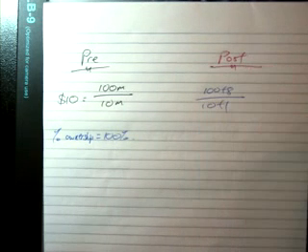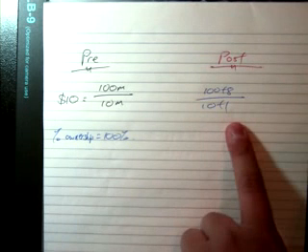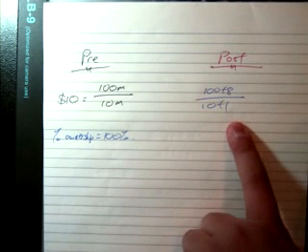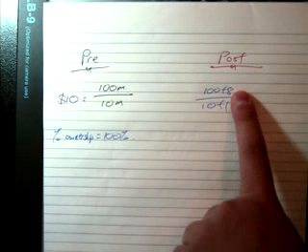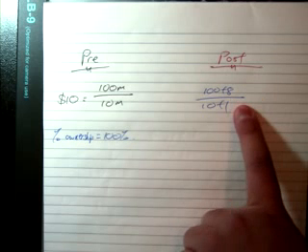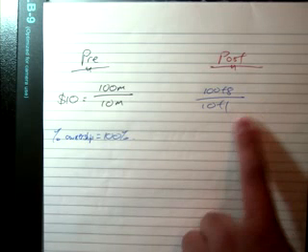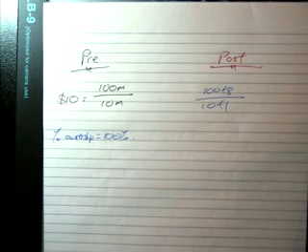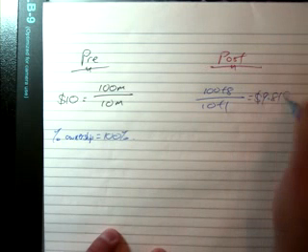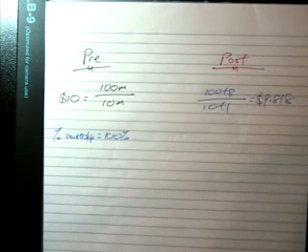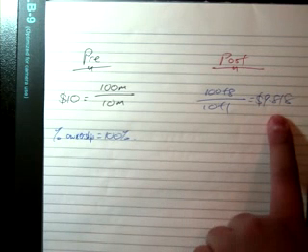I'll skip the M here because if it's million at the top and million at the bottom, those two cancel out, so we can just work with the actual numbers. At the top, the company takes in 8 million, so you raise new equity of 8 million that goes into the company. But at the denominator, you issue 1 million new shares, so 10 plus 1. Even without a calculator, you know that it must be a number less than 10.